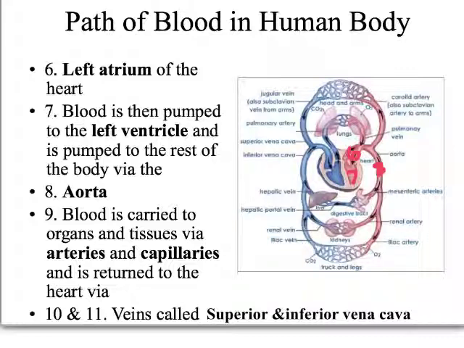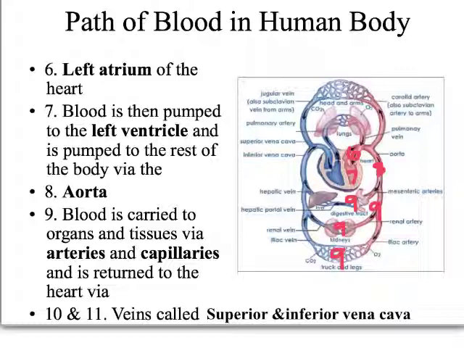It's called the aorta. And the aorta is going to split into smaller arteries and arterioles. And eventually, when it gets to particular organs and tissues, the blood is going to be carried to them via these arteries. Okay, so number 9 we'll say is arteries and capillaries. So there's capillaries within the organs. These guys are all capillaries. There's capillaries in your legs. There's capillaries everywhere. Wherever you've got tissue cells, there are capillaries where that gas exchange and waste and nutrient exchange